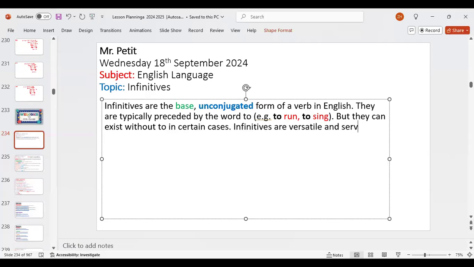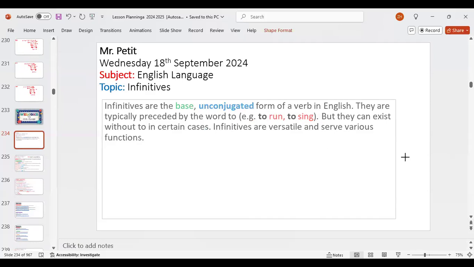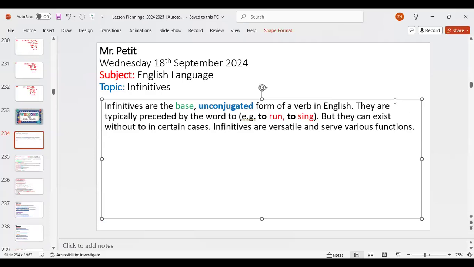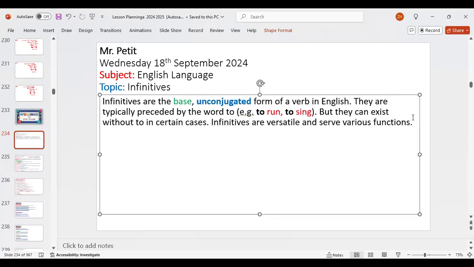and serve various functions. So we're going to be looking at the functions of infinitives. Excuse me. Go ahead. Would come be an infinitive? Yes, C-O-M-E, it would. So infinitives can form different functions, right? So functions of infinitives. By the way,